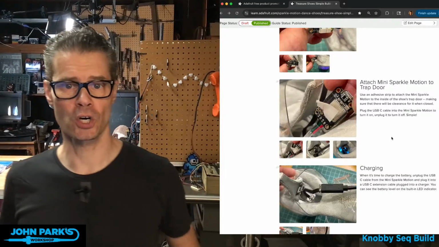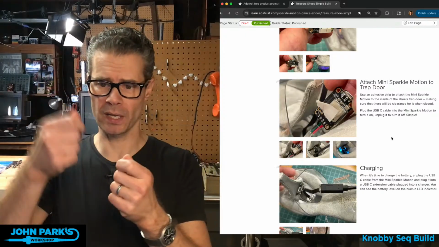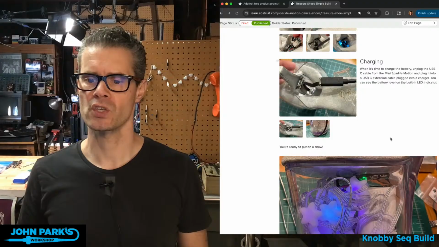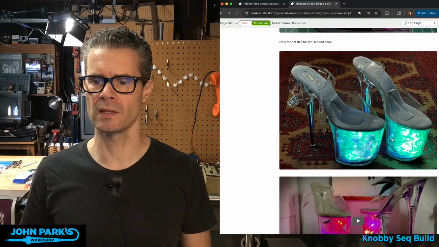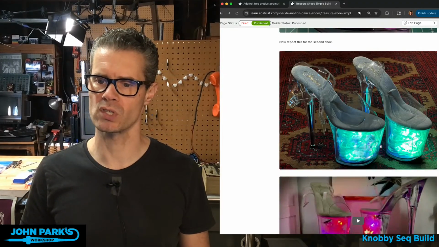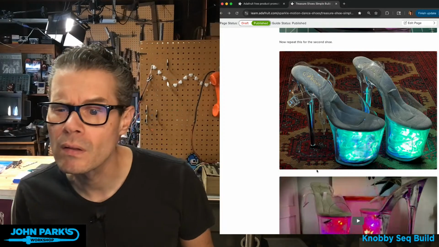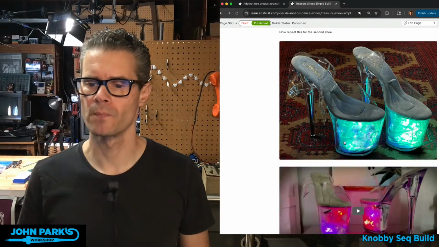When you want to turn it on, plug it in. When you want to charge it, unplug it and plug in a charging cable. So that is what that looks like, and there's one of those. Actually, this is the 2 different styles here. I think the one on the right here is that one.